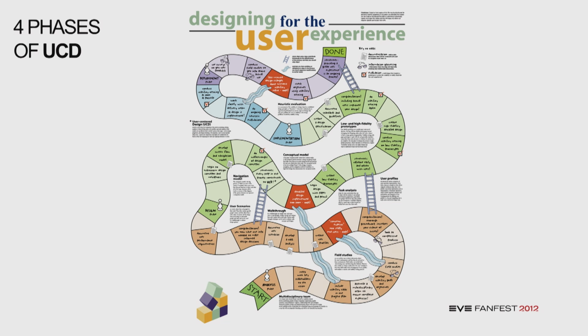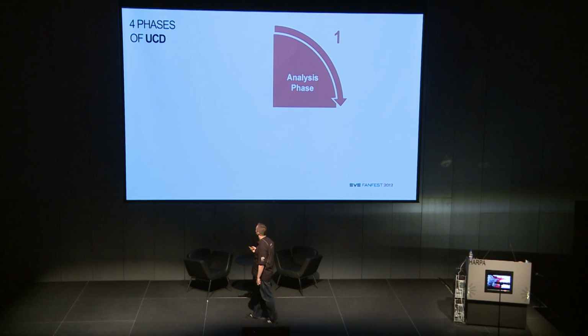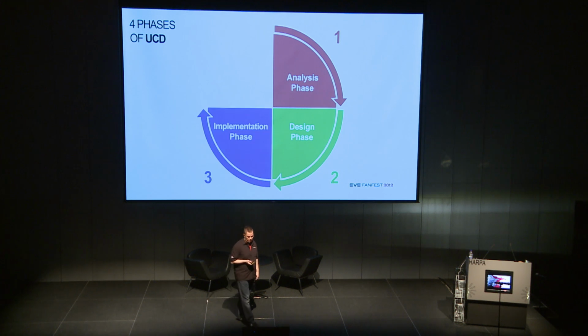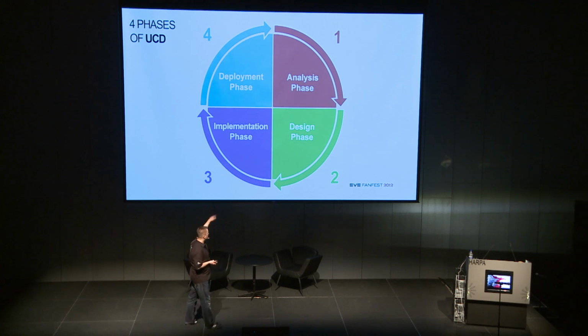There are 4 phases of user-centered design. And this is not really helping me to explain that it's an easy process, but it's a fun graph to look at. So I'm going to show you in a little bit easier way. First phase is the analysis phase. Then comes the design phase, implementation, and finally deployment. Now the interesting thing is that the deployment phase is actually just as big as the